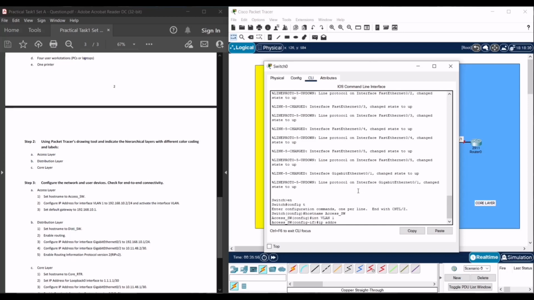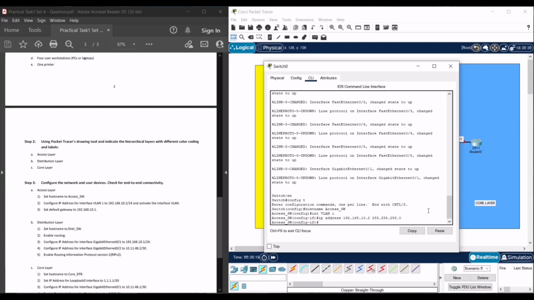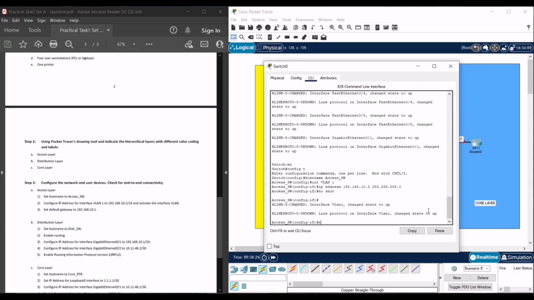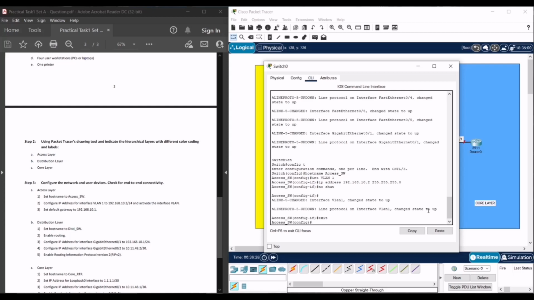IP address 192.168.10.2, and the subnet mask is 255.255.255.0. Okay, then give the no shut command to activate the interface, and we exit from the interface and set the default